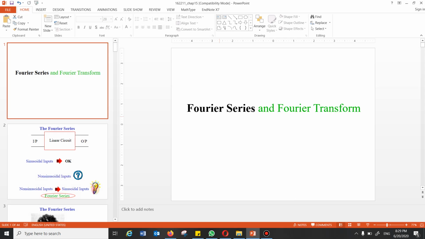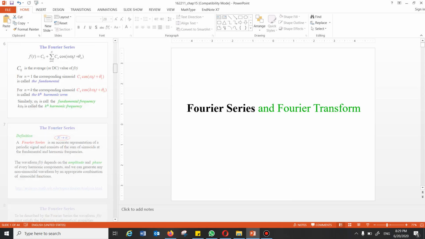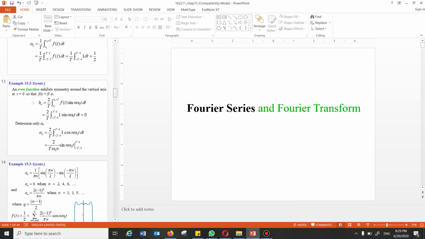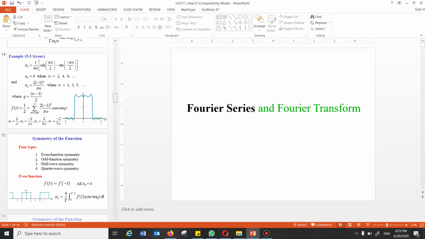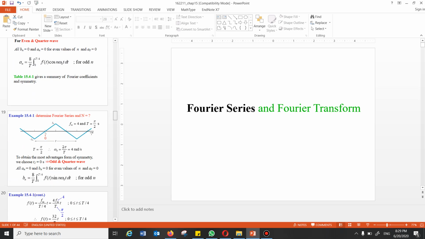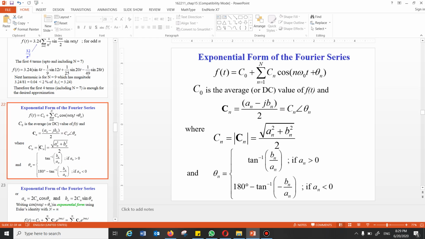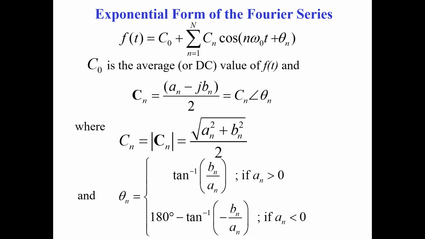Actually, previously we have covered until the trigonometric form. Today I am going to discuss the complex form, or the exponential form, of Fourier series. As we know, the exponential form of the Fourier series is f of t equals C naught, where C naught is the average value,